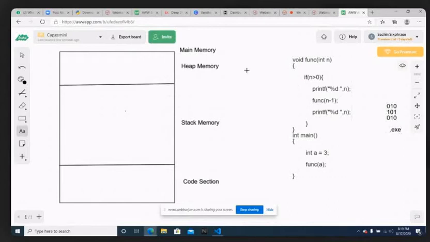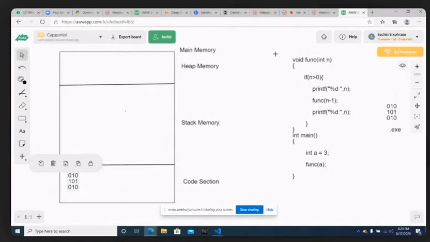When you start executing your program, the zeros and ones file, the .exe file, is available. That .exe file will be taken and copied to the code section of your main memory.